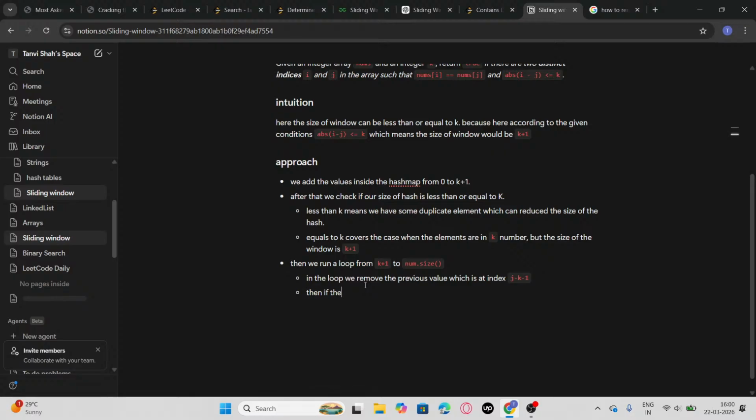Then if the frequency is 0, remove the element, and if it is null then